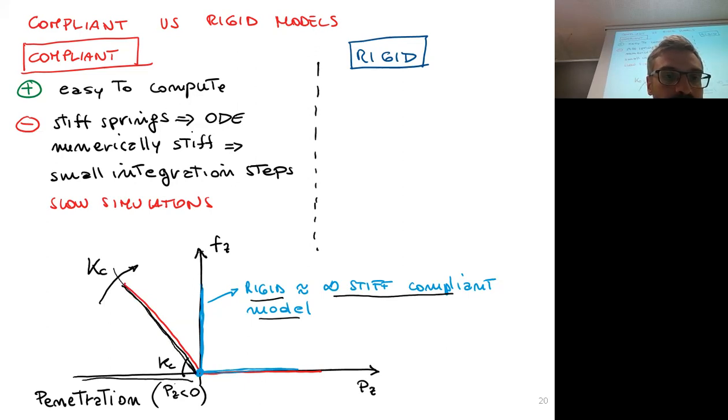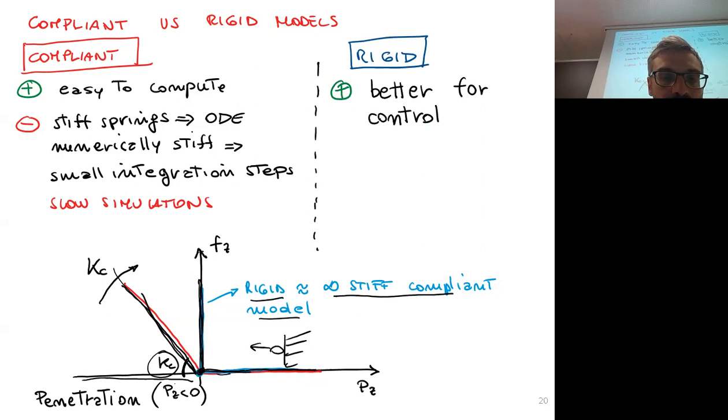So you move along this slope, along this line where the slope of the line is the stiffness itself, while the rigid infinitely stiff model, which is the rigid case, is providing a force whenever there is no penetration, and zero force whenever the penetration gets positive, which means whenever the end effector gets out from the contact. And this is a very nasty thing,